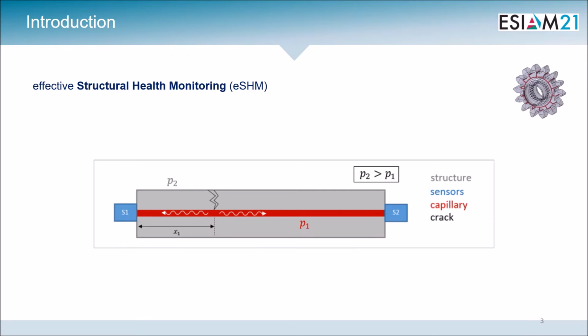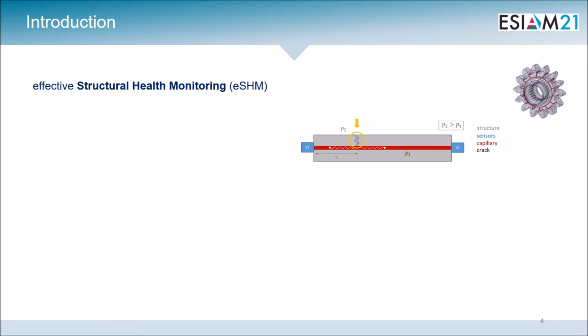The system is based on the detection of pressure waves in 3D curved internal channels or capillaries that are represented in red here, that are embedded in fatigue critical regions of the component. The pressure is continuously monitored at the channel extremities by externally mounted pressure sensors that are represented here in blue on the slide. Based on the pressure variations, the system is capable of detecting the presence and finding the location